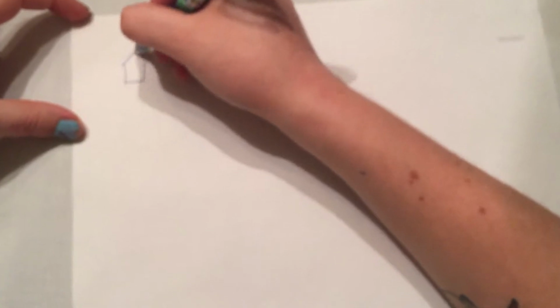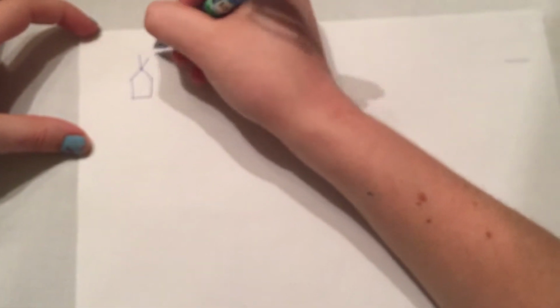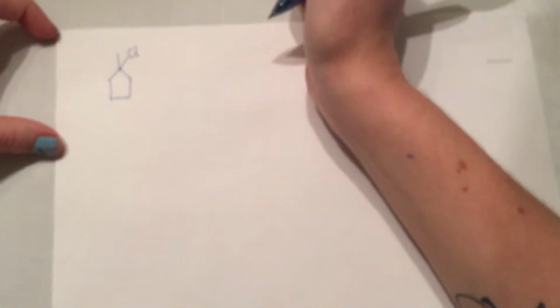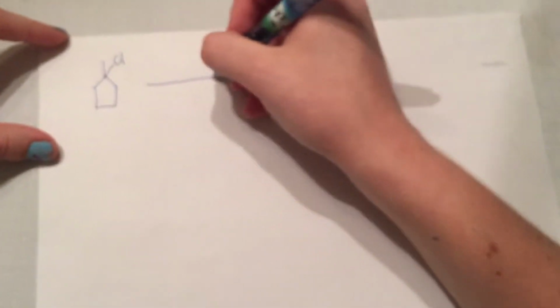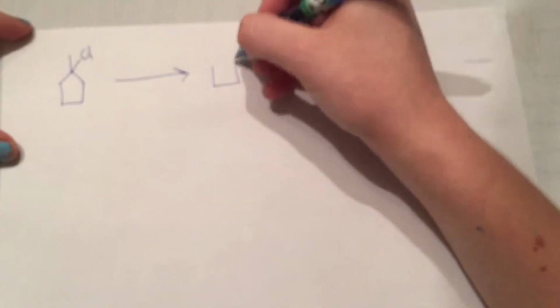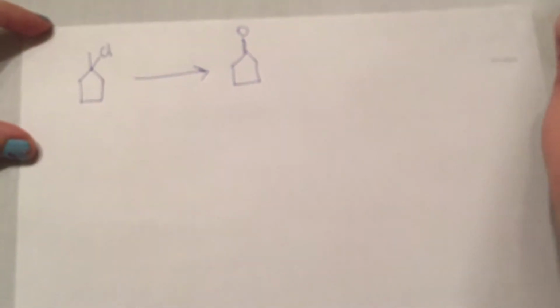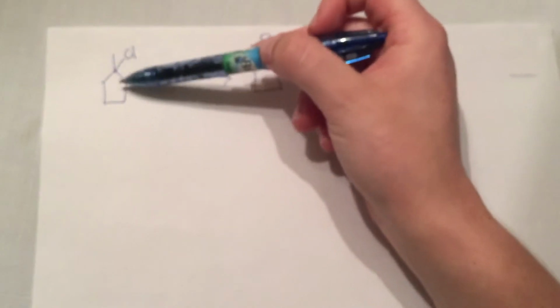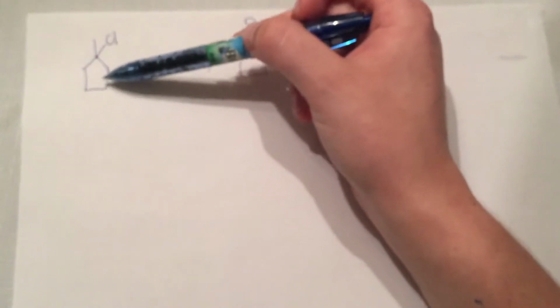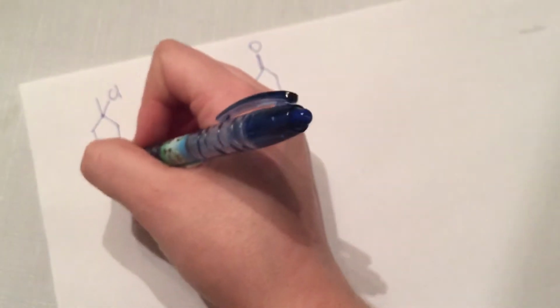In this video, I'm going to show a synthesis reaction map for this compound, which is a 1-chloro-1-methyl cyclopentane, changing to a cyclopentanone. So when naming these, this compound has the longest parent chain of a 5-carbon ring, so it is a cyclopentane